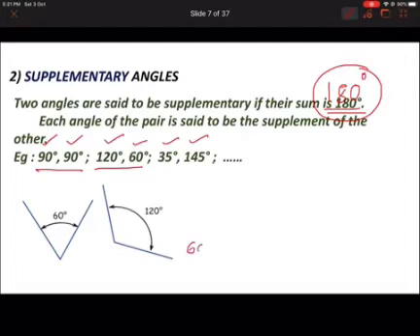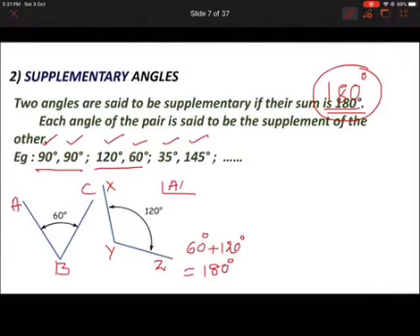So, clearly 60 plus 120 degrees equals 180 degrees. Is it not? So we say these two angles are supplementary angles. You can even name them like angle A, B, C and angle X, Y, Z. Okay. So we say angle ABC,